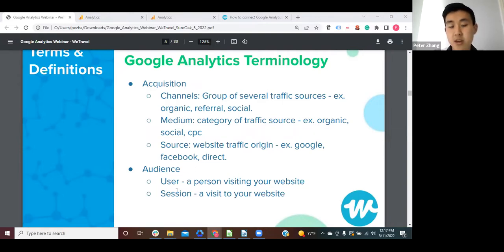But additionally, you can look at audience measurements. I wanted to define just a basic understanding of how Google Analytics looks at people coming to your site. There are users and there are sessions. A user is just the person visiting your site, while a session is the actual visit itself.